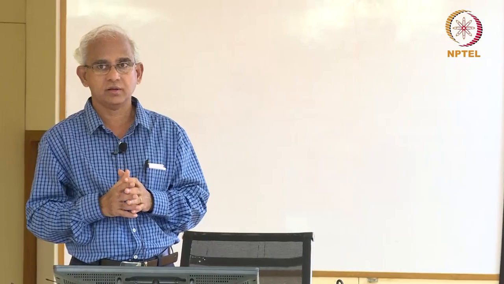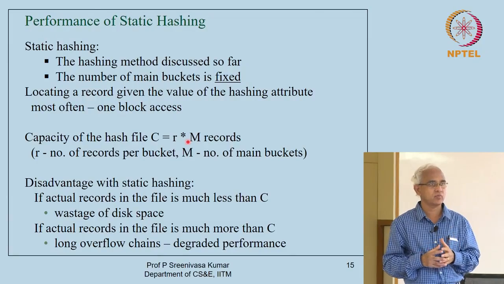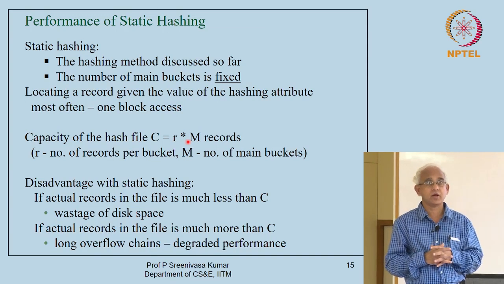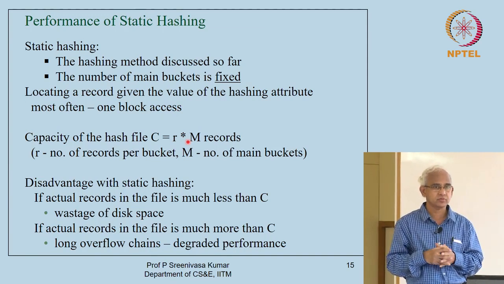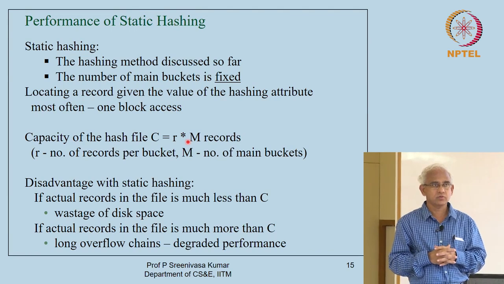So, in the last class I have been talking about file organizations, right. A primary file organization is the kind of policy or logical method we use in order to organize records in a file. So, we started looking at various file organizations. One can adopt hashing as a means of organizing the file. We looked at static hashing in the last class.